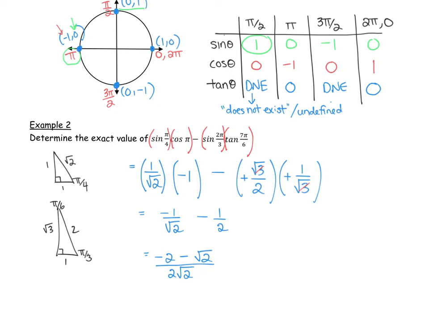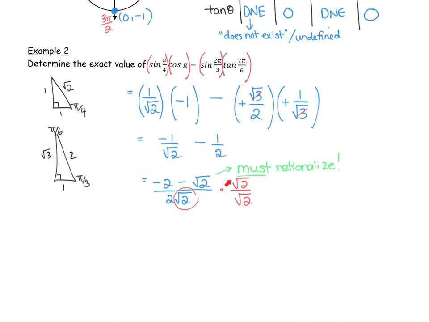Okay, and then I have my radical in my denominator, so I must rationalize. And so to rationalize, I'm going to multiply by root 2 over root 2. Okay, root 2 because that's what I have in the denominator that I want to get rid of. Just don't forget that this root 2 here on the top has to get distributed and multiplied by both pieces in the numerator. And so in the numerator, I end up with -2 root 2. Subtract, I'm going to multiply root 2 by root 2, and I just have a 2